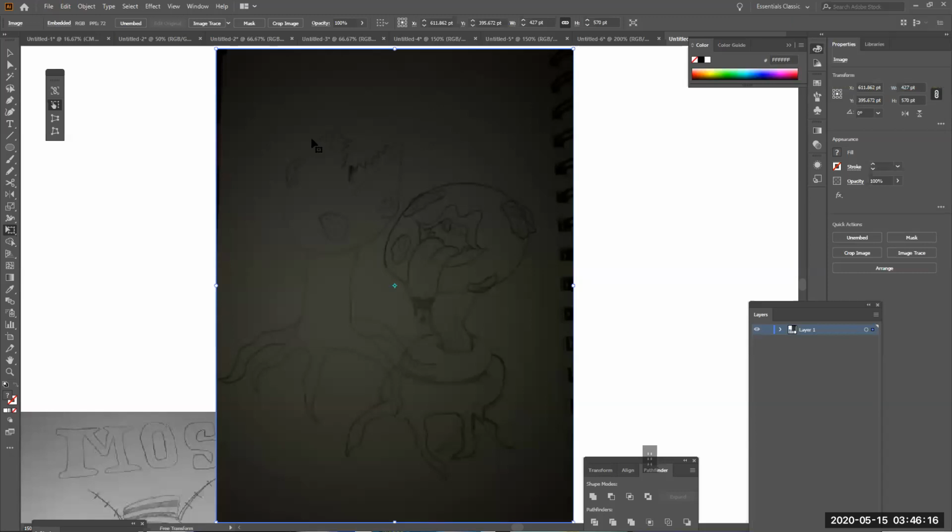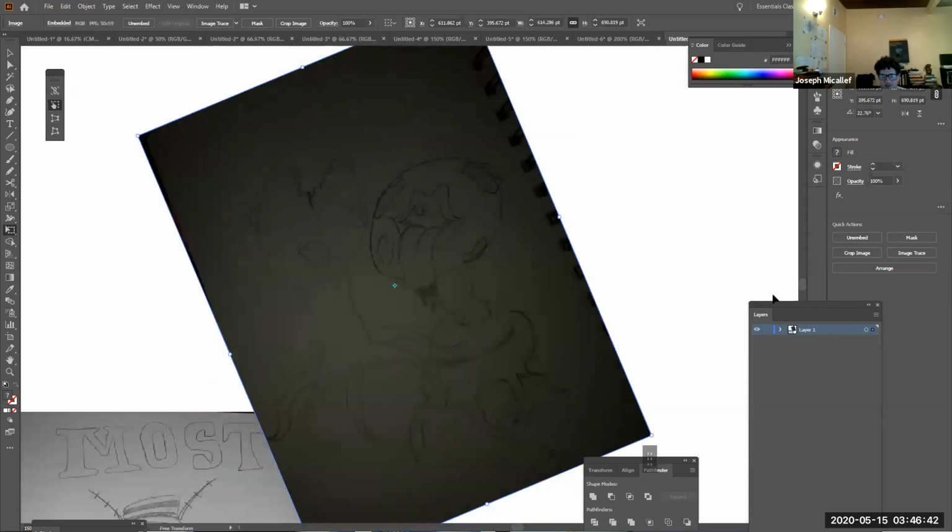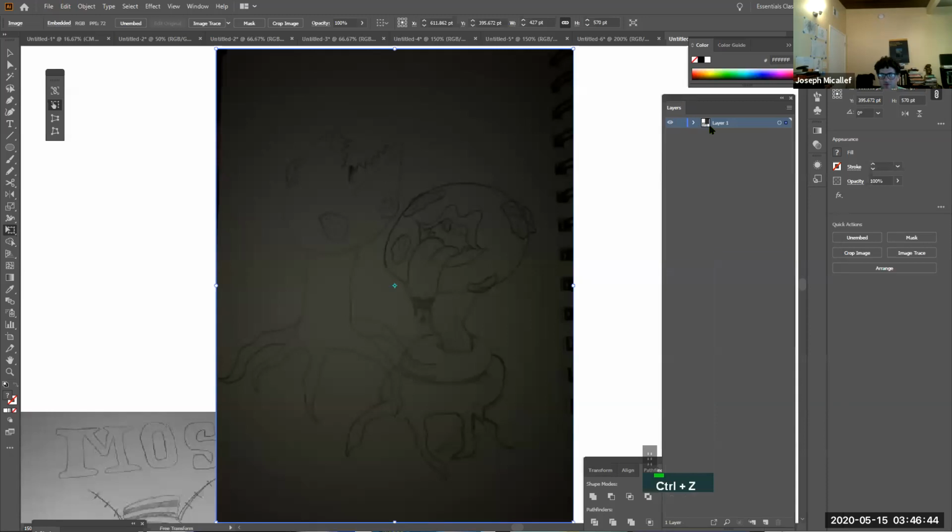Maybe she can use image trace, right? Instead of doing it with the curvature tool. I would use the pen tool or the curvature tool. I wouldn't necessarily image trace this. But go slow, and then you have to tweak it a little bit. Or you could just use shapes too, if you really want to simplify it. So, for example,